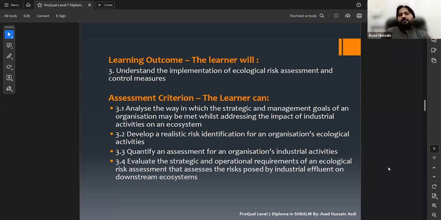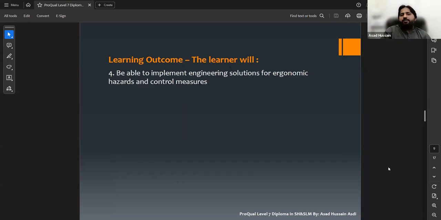So anything like that which is endorsing this fact can be enough for this assessment criteria 3.4. Now moving to the next learning outcome, it is about being able to implement engineering solutions for ergonomic hazards and control measure. This learning outcome will be all about ergonomics. So before moving forward to the assessment criteria of this learning outcome, I want to discuss with you the ergonomic